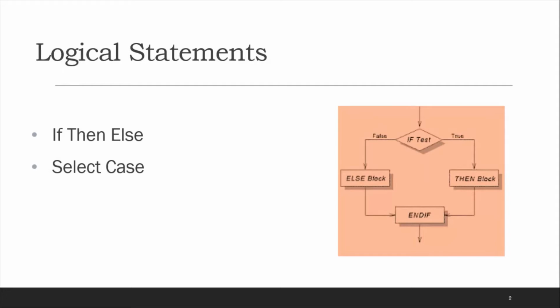When we talk about if then else, say if A is greater than 1,000, then do this thing, else do this thing. Say if A is greater than 1,000, it is profit, or if A is less than 0, it is a loss. So based on the conditions and the requirement, we have to apply some logic. How to apply these logics in Visual Basic for Applications, we will learn in today's program.